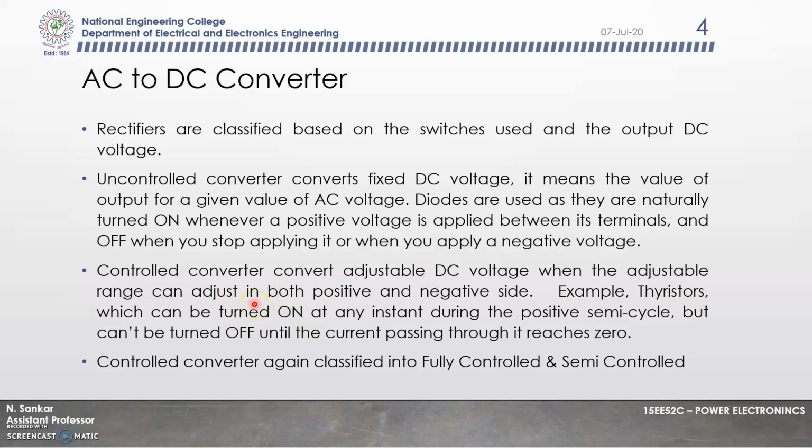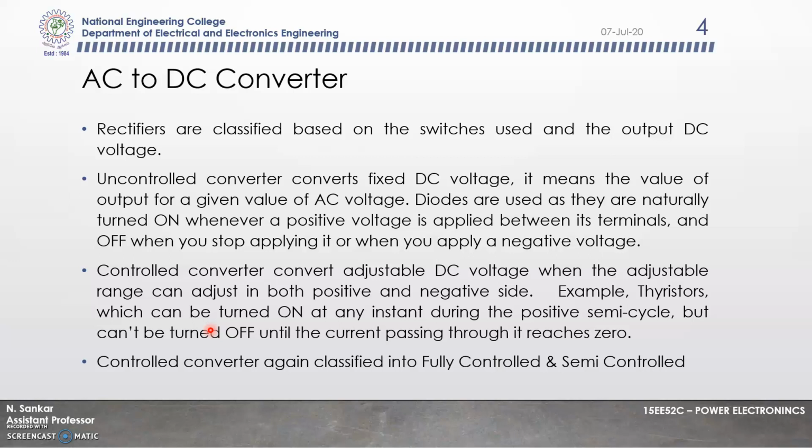Even though the anode voltage is greater than the cathode voltage, if you are not applying any gate pulse, the thyristor won't turn on. Similarly, if you give a pulse, it will get turned on. After removing the pulse and after the current becomes negative, the thyristor gets turned off. You cannot turn off the thyristor by any other means. Based on the current value, it will get automatically turned off.